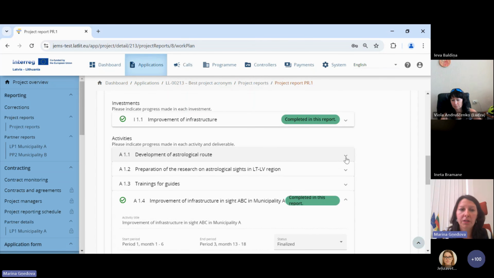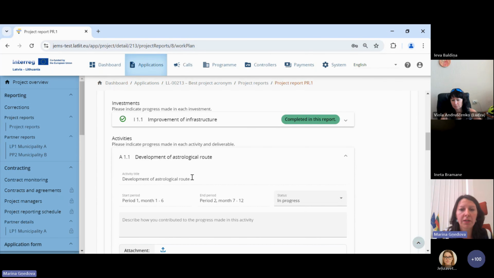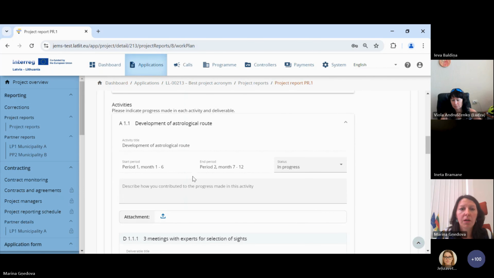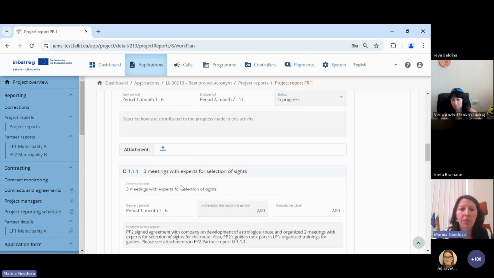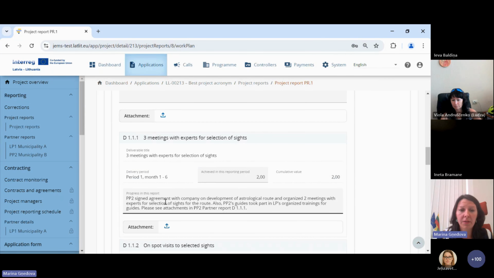Then for activities, again, you go for each activity. Development of an astrological road. It consists of several deliverables, and I know that meetings were organized with experts, and I know that project partner has done this, so I am copying information from their report and specify this information here. 3 meetings were planned, but in the first reporting period, 2 meetings were held. So I indicate number of implemented